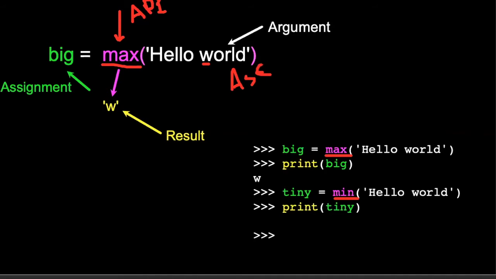So ASCII is spelled A-S-C-I-I, okay? So you guys know what this is. This is the international standard for describing what a character is in computer science. So if you go to,